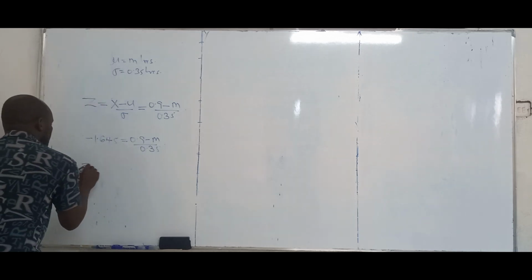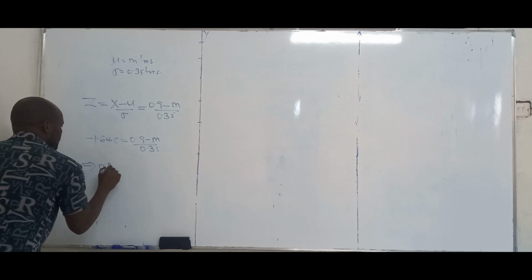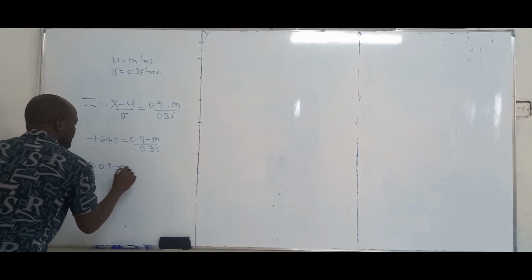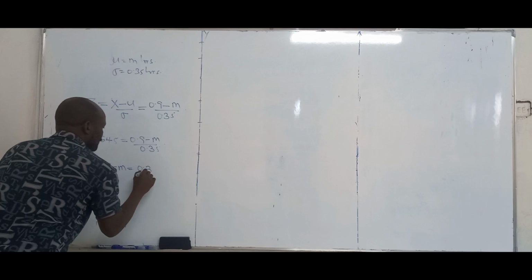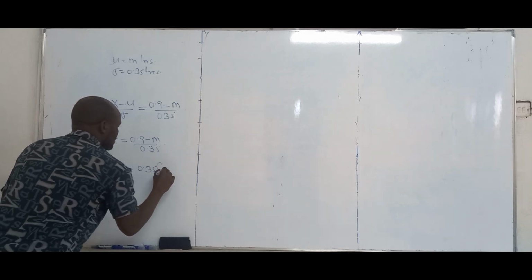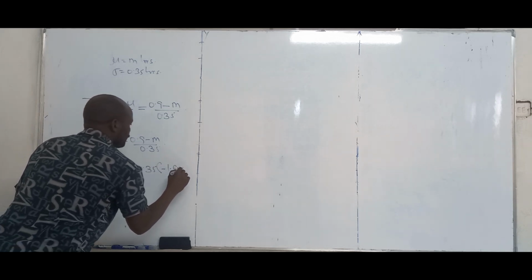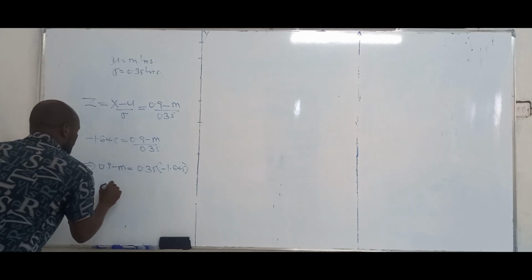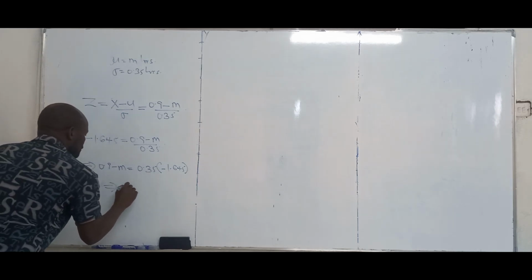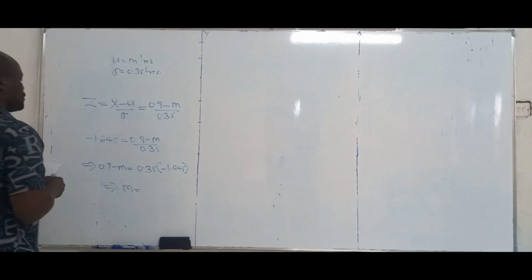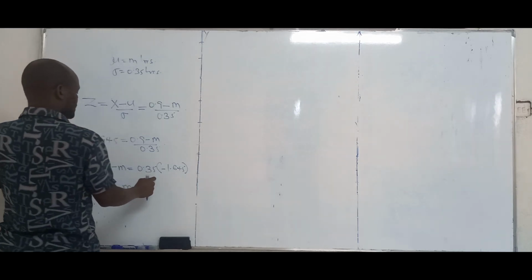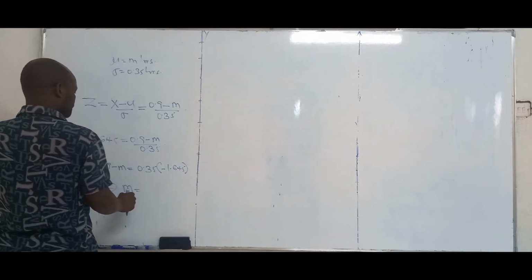That means that 0.9 minus m is equal to 0.35 times minus 1.645. If you work it out, that should imply that m is equal to